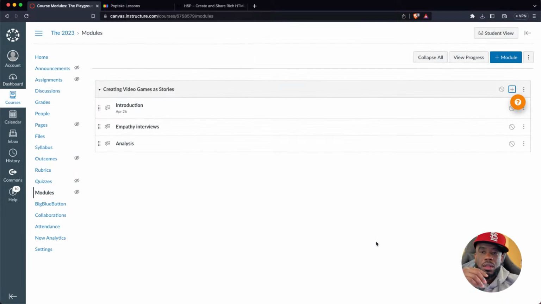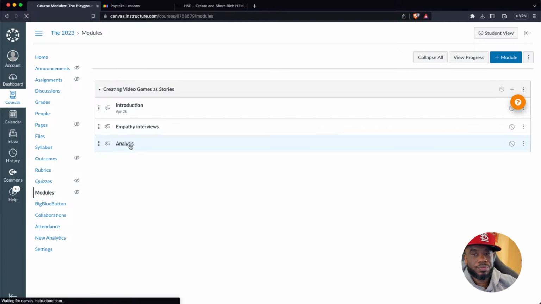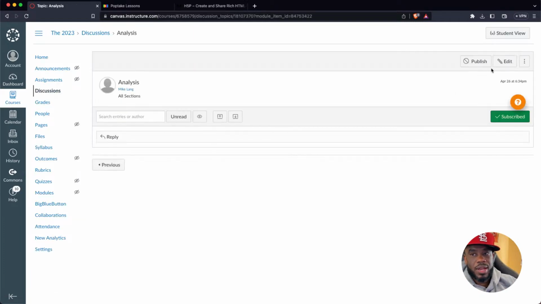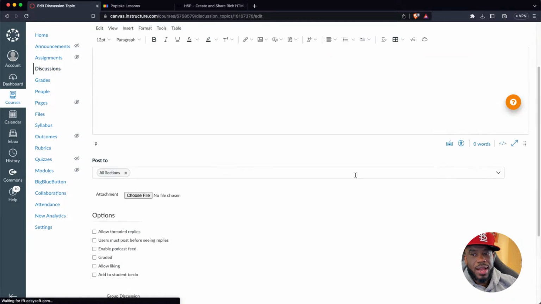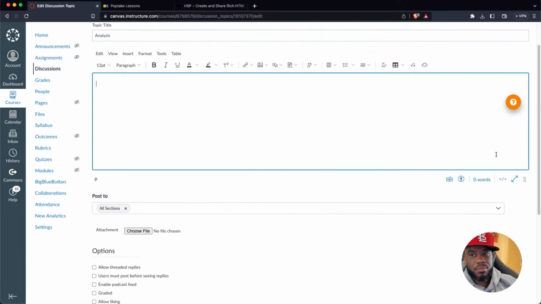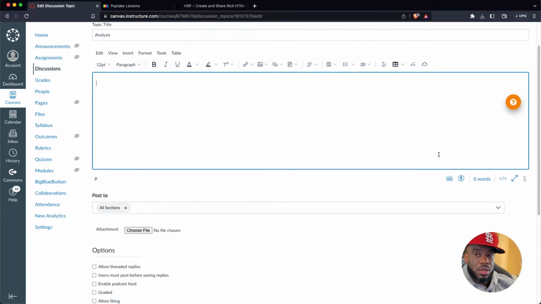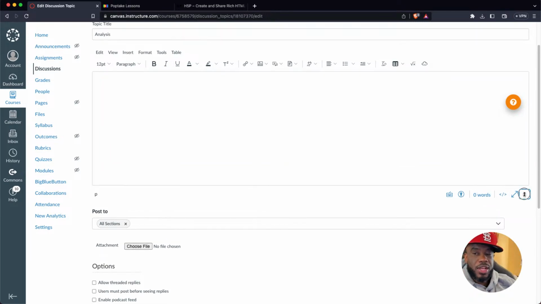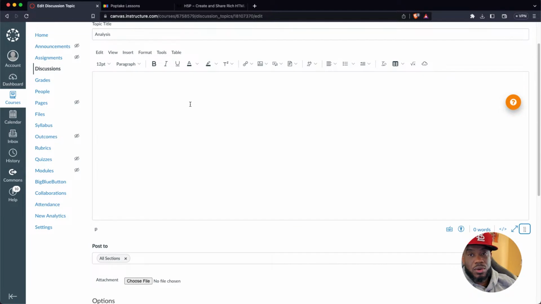But one of the things that I don't like about Canvas is how it's not very intuitive in terms of moving pieces where you would like those pieces to be. For example, if I hit the edit button here, I cannot start writing in the bottom right-hand corner. I would have to bring in a table and then write, which is not the most efficient, easiest way to do this. So one of the things you can do is avoid that totally.